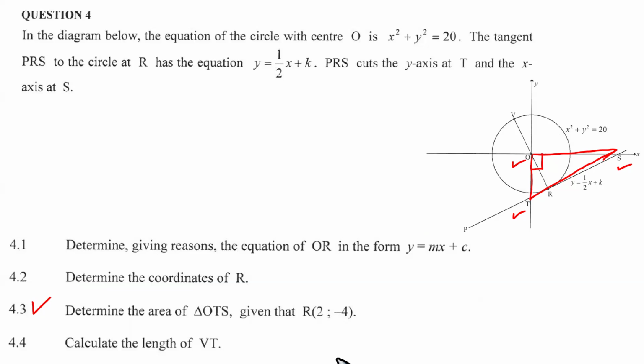There are a couple of things we need to know, obviously, but what do we need to know? We need to be in a position to know the length of the sides. To find the area of this triangle, we need to find the length of the sides. And so now, what do we know? We need to know a couple of things, but let us first take note of the fact that